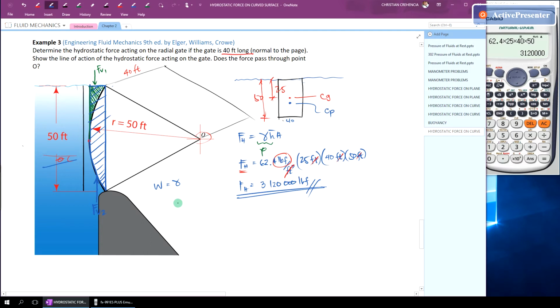given yung unit weight, which is, ang unit ng unit weight is force. In this case is pound force per cubic foot. So, kailangan natin makancel yung cubic foot. So, we have to multiply this by volume. Okay? So, volume is in this case is cubic foot. So, makakancel to. So, makakuha natin yung force. Again, this is equal to the vertical component of the hydrostatic force. So, paano natin makakuha yung volume? Okay? So, volume